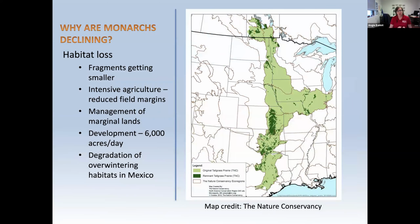So what's going on with the monarchs? Why are monarch butterflies declining? This map that you're seeing here, you can see the Great Lakes there, but west of all of that is the original span of the tallgrass prairie ecosystem. The tallgrass prairie ecosystem is the most endangered ecosystem in the world. And it's also one of the most under-recognized ecosystems as far as its importance in keeping our climate and our environment